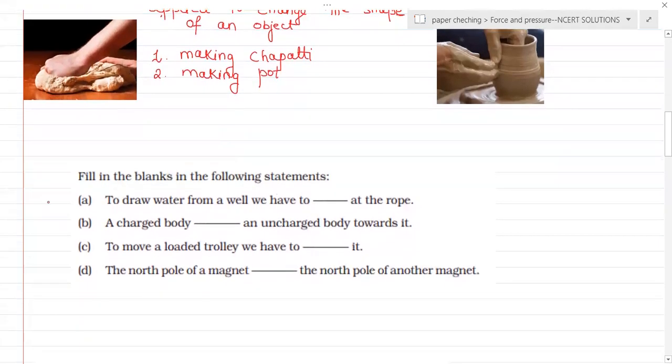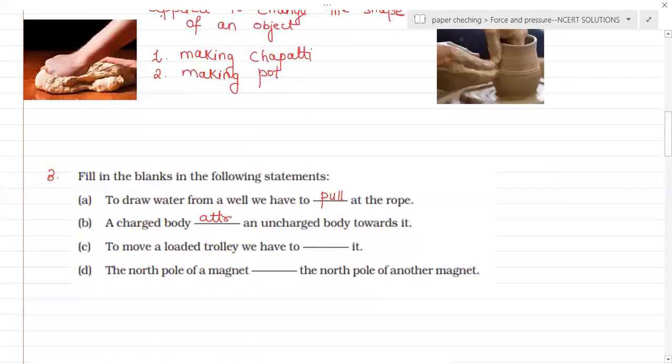Now, the third question, which is fill in the blank. To draw water from a well, we have to pull the rope. I know many of you have not ever pulled water from the well, but it is easy to imagine that you need to pull the rope to get water. A charged body dash an uncharged body towards it. So the answer is